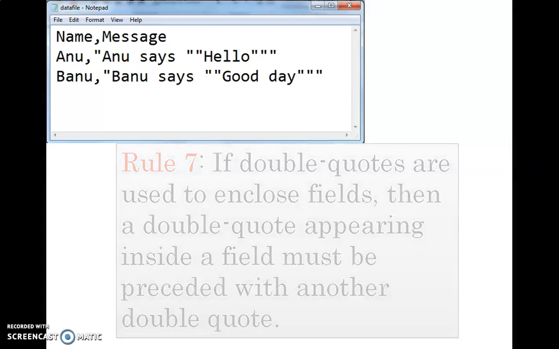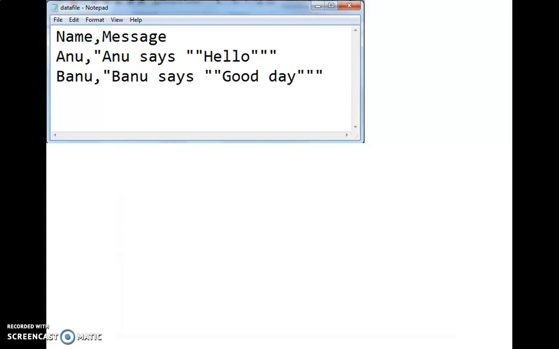Let me explain this rule more clearly. The actual field value is Anu says "hello" and hello is within double quotes. Now what you have to do is first enclose the entire field in a pair of double quotes.